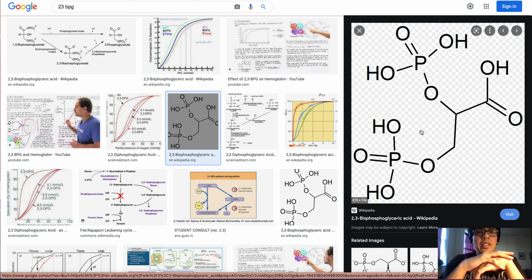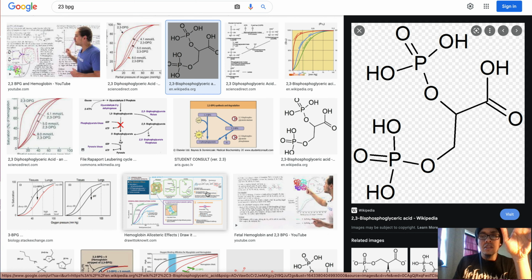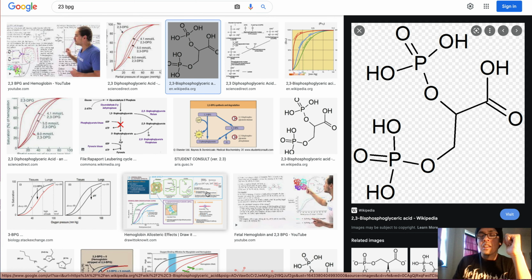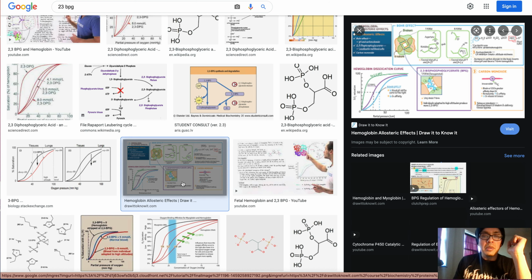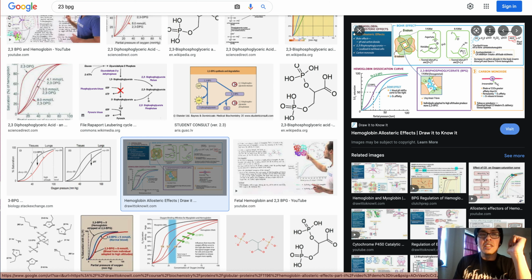It fits within the center of the hemoglobin molecule, which then allows it to give up its oxygen faster. Essentially, at higher altitudes your body will promote synthesis of this molecule, and that's where it fits in. If you remember, it stabilizes the positive central region between the different subunits, and particularly the beta subunits of the hemoglobin molecule, right?